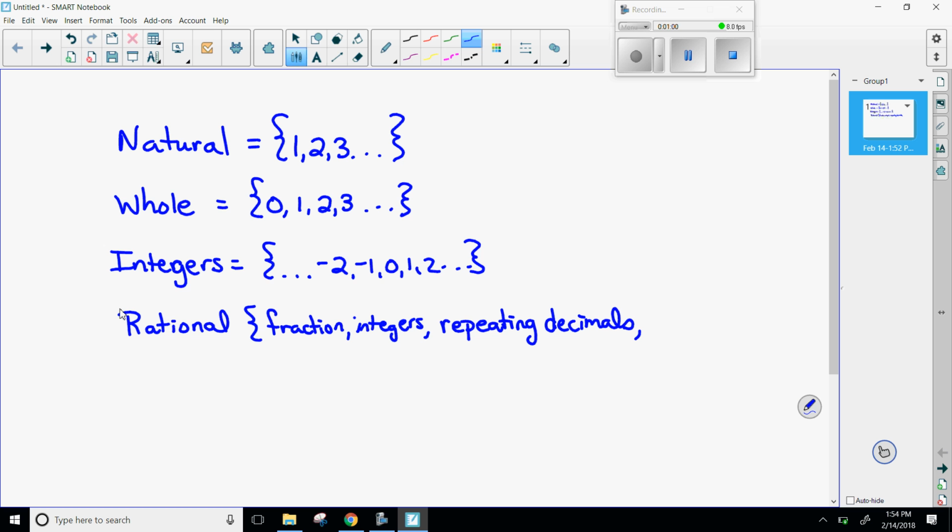So 0.33333333333 is known as 1/3. 0.6666666 is 2/3. 0.111111111 is 1/9. So we can write repeating decimals as a fraction. We can also write terminating decimals